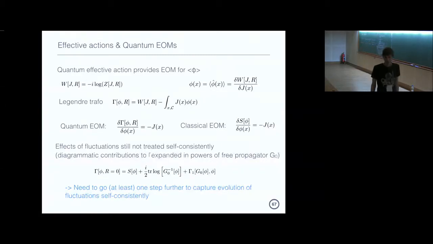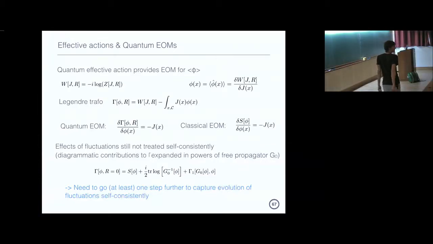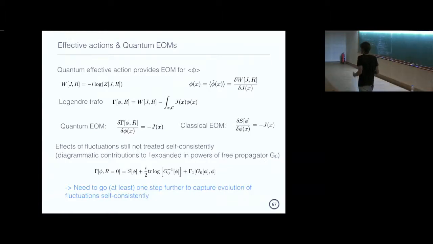Then to construct the effective action from that, this is the usual thing one does: one performs a Legendre transform. So instead of having a functional of these somehow fictitious sources, we now trade the sources as our variables for having the field as our variable. That's what the Legendre transformation does, and that's after all what we're interested in. We want to know what the field is. And so the effective action is just given by the Legendre transform of the Schwinger functional.